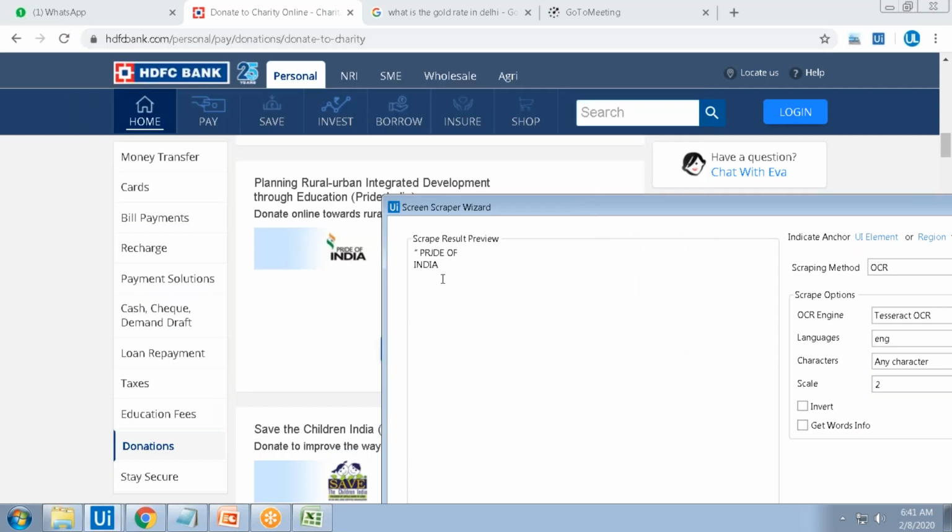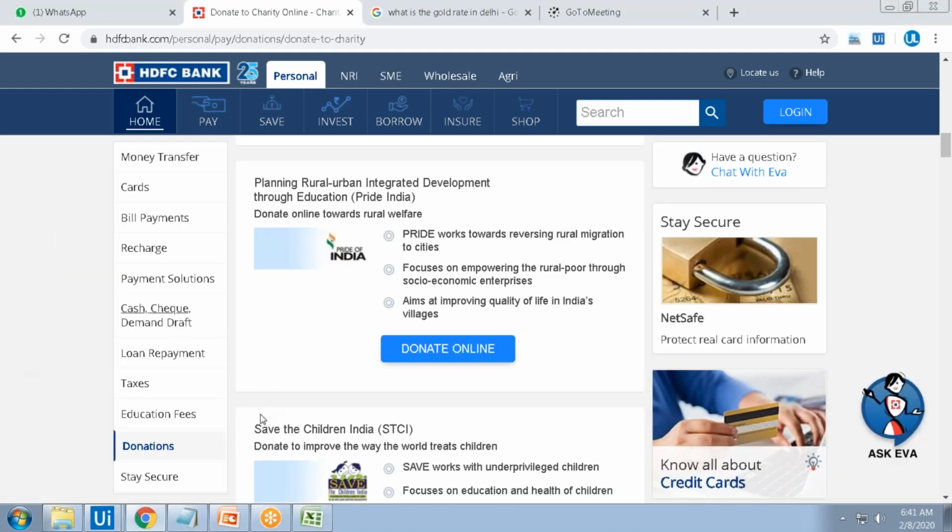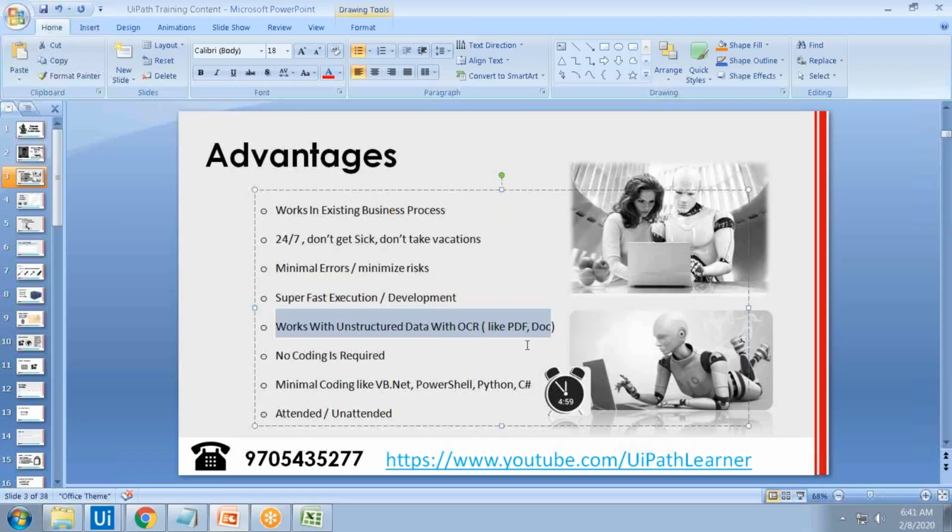If you want to deal with unstructured data, you can use the OCR concept. We are able to get that unstructured data, but it is not 100%. Pure OCRs are not available, so it is a maximum percentage of accuracy. Basically, OCR is also not a new concept. Optical character recognition engines are there. By default, they come up with